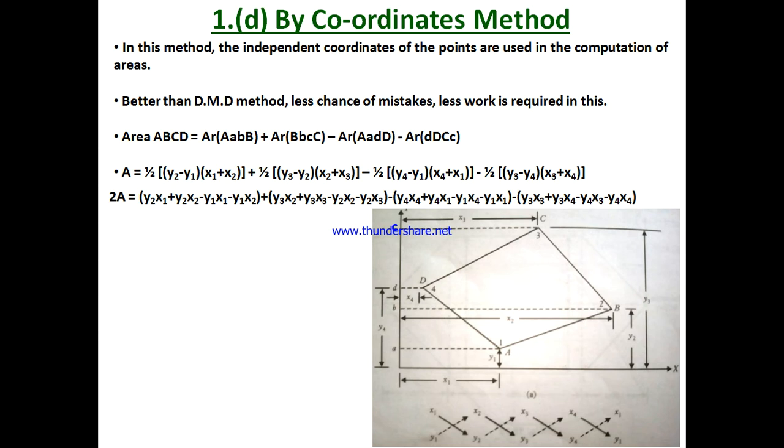So let us see how to calculate the area by this particular method. In this method, as you can see, the area of A A' B' B will be equal to half the sum of parallel distances, which is x2 plus x1, into the height, which is here AB and is equal to y2 minus y1. Okay, so this term we get from here, plus now the area for the B B' C' C.